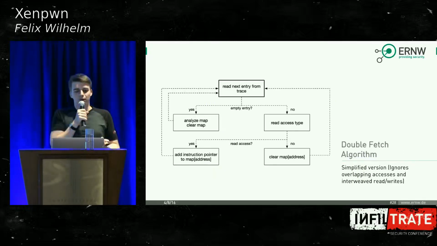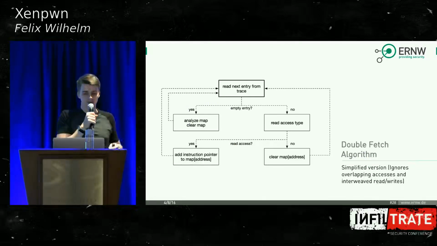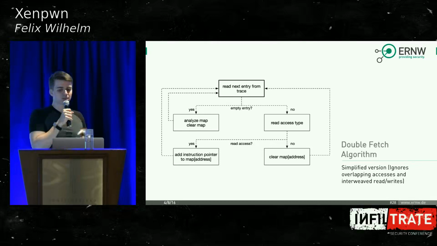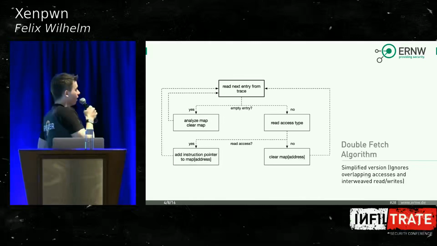And then the actual double fetch algorithm is quite simple. This is a really simplified version. It ignores overlapping accesses as well as interleaved read and write accesses. But the core idea is you just iterate through the trace, and then you look